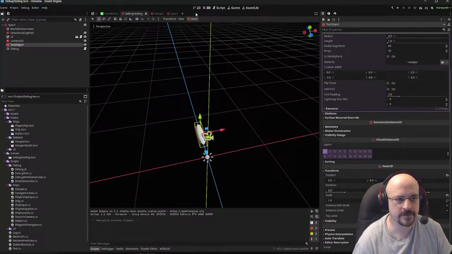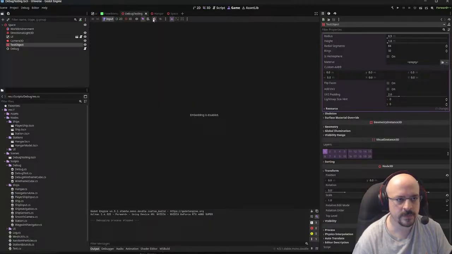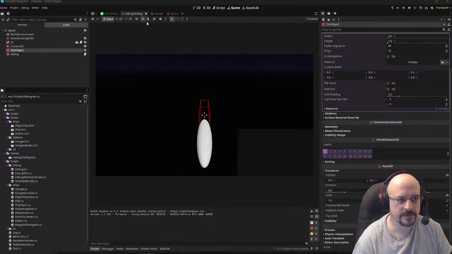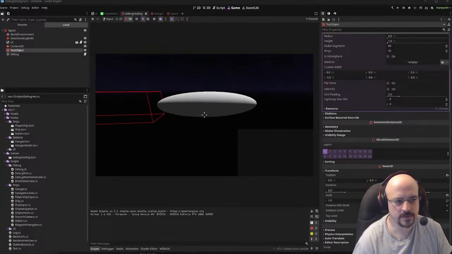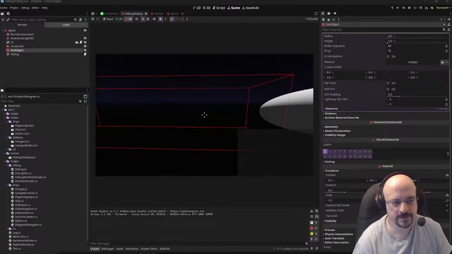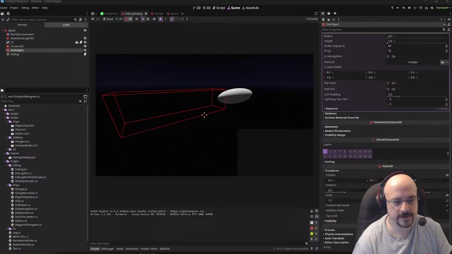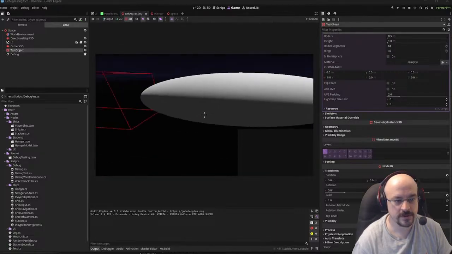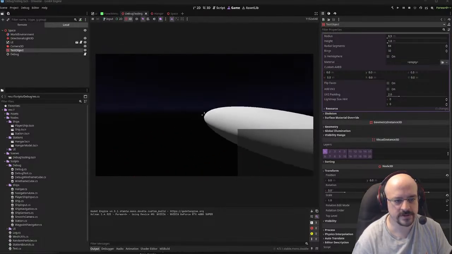So let's actually set this up to run not multiplayer and in the game without input embedded, just so we can have some camera control. All right. So we have our debug, but our AABB in this case is off. We want artists to be able to create weird scale on all these things,